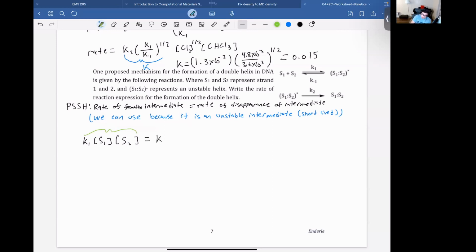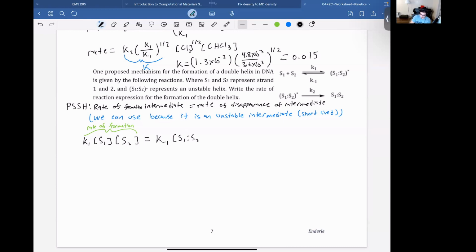This is again rate of formation is equal to the rate of disappearance. So the rate of disappearance, there's two things that can happen. It's going to be the rate that it goes backwards, right? So it says, I didn't like this. I don't want to do anything else. I'm going to go back to being S1 and S2. So it's this